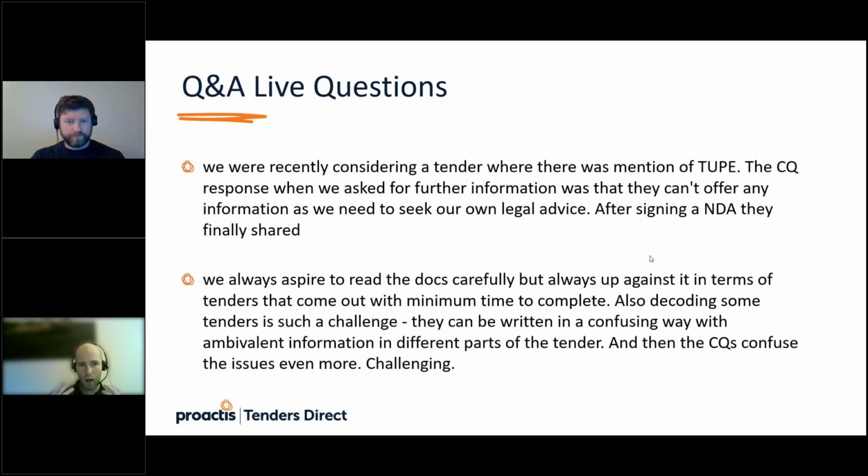It's why you need to try and front load that work in terms of looking at opportunities and deciding whether you're going to pursue them. Have a mechanism, a process, maybe even a system like Tenders Direct in place if you're not already, to make sure you're getting early visibility of opportunities, to give you enough time to establish whether you can pursue them, to do your resourcing, all that type of good stuff. If the clarification questions are confusing things even more, it is worth taking that step and saying, actually, we either need to persistently ask this in a different way, really put them in a bit of a straitjacket in terms of how you're phrasing the question so that you get that clarity. If you don't have it, you have to be prepared at points to walk away from that too.